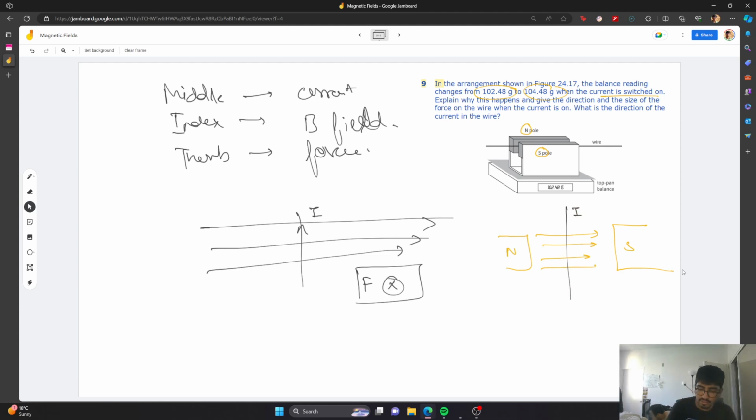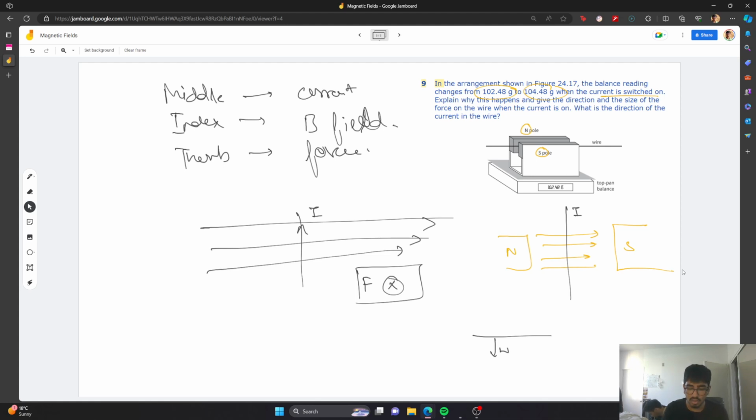So they are saying that the reading on the scale changes because of this. It has some natural weight, but after you switch on the current, the reading changes. So the question is, can you justify the direction of the current